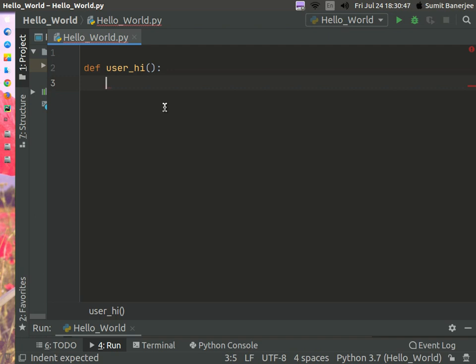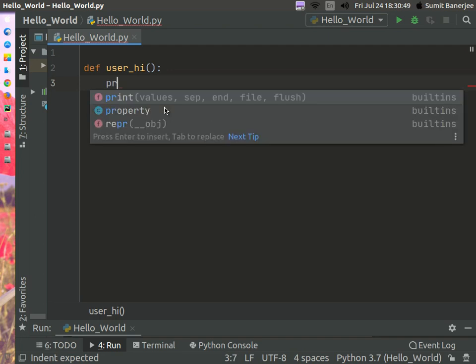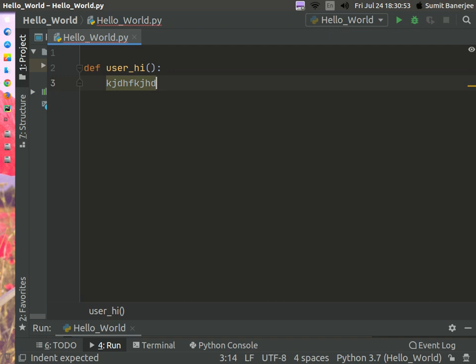So now let me just type something, and when you press enter, again something and then enter. So this will be considered as code in the function.